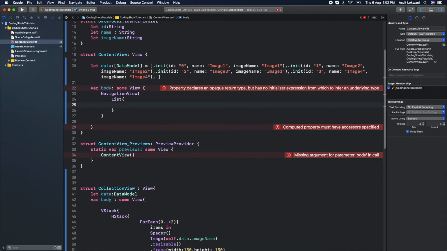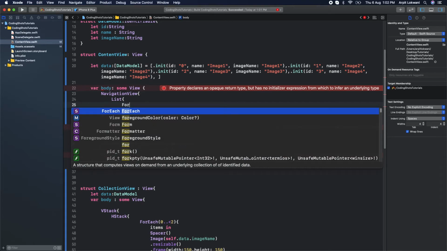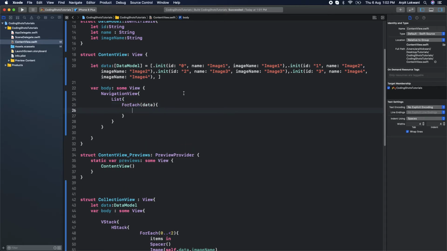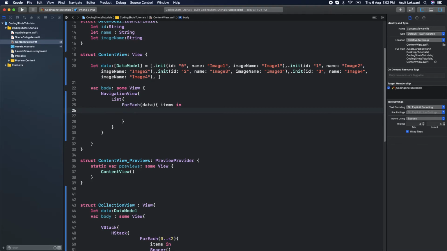Fine. So in that I will start iterating for each data, that is, sorry, come inside here, why are you going outside here, that is count is 4. So iterating data, we can say items in. Now I need more data because 4 will be a little bit less, so for time being I am putting the same 4 items in 2 rows for making the data.